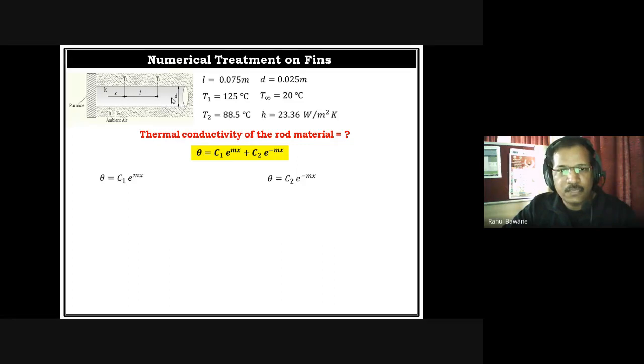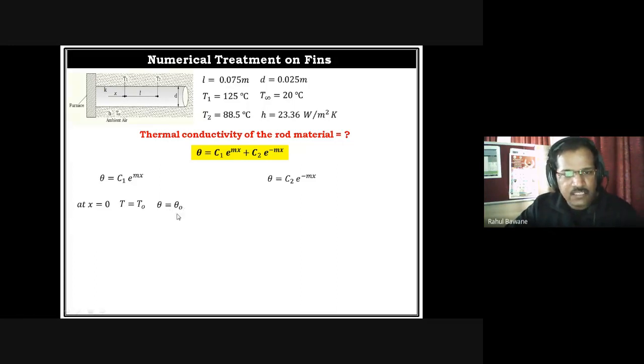So we are assuming it is an infinitely long fin. At the tip, x is infinite, and at the base, x is 0. So we will apply these two conditions. First, when x is 0, the temperature will be T0, that is the base temperature, and theta will be theta 0, because what is theta? Theta is the excess temperature, and it is nothing but T minus T infinity. So if T becomes T0, theta becomes T0 minus T infinity. So we can denote it as theta 0.